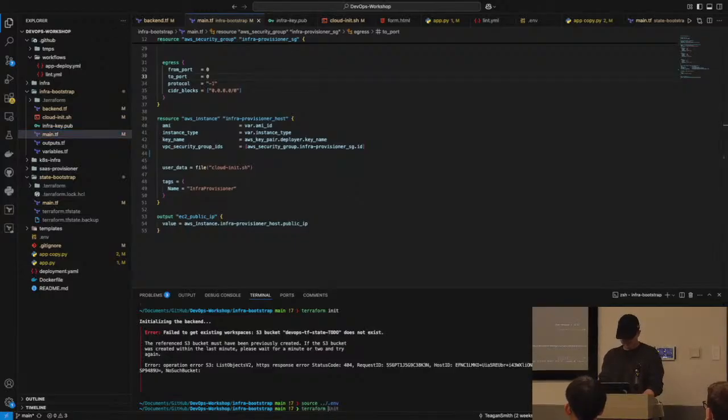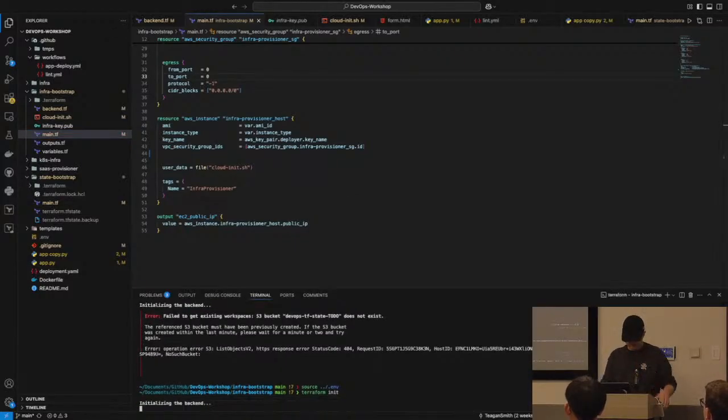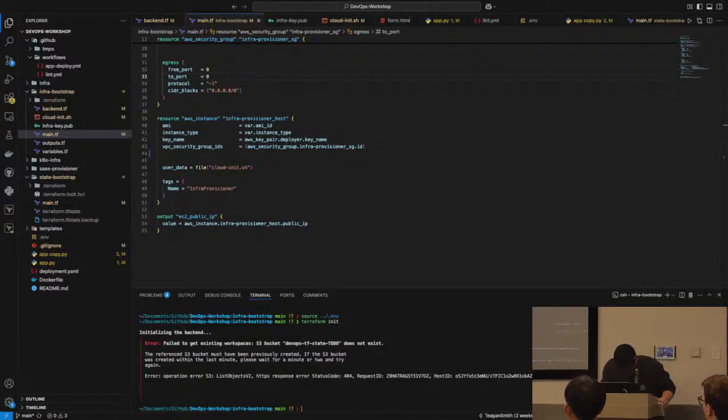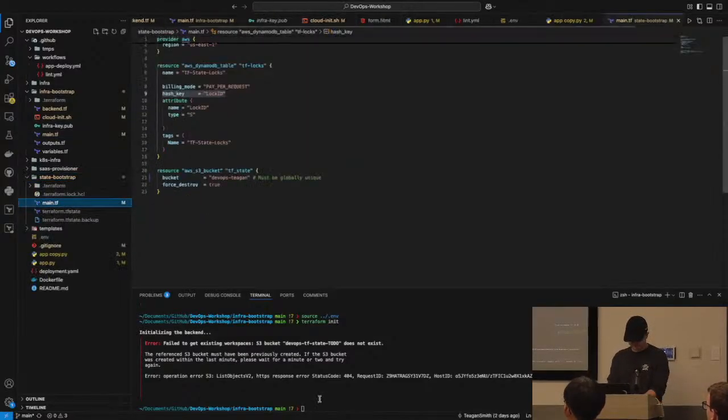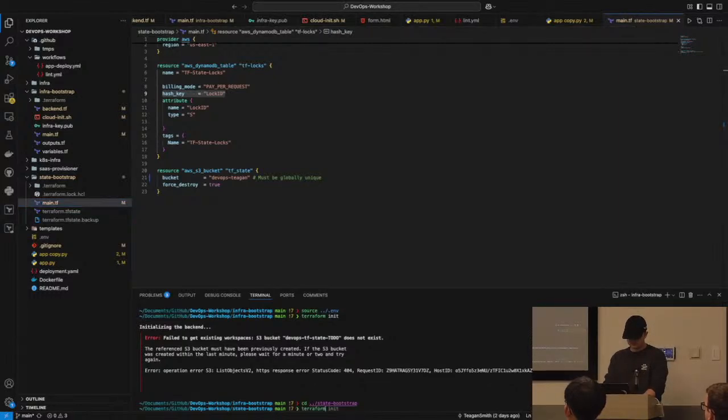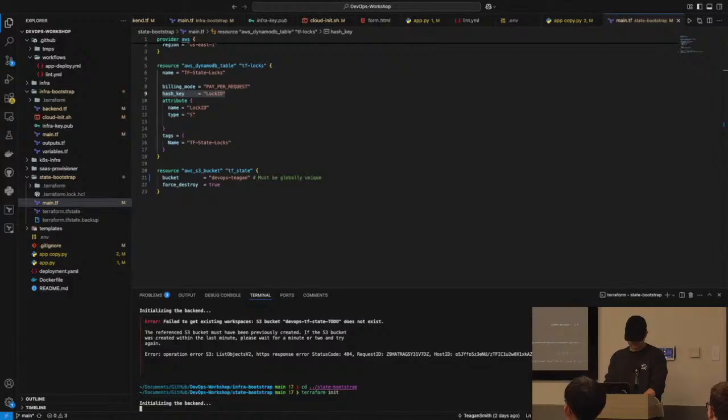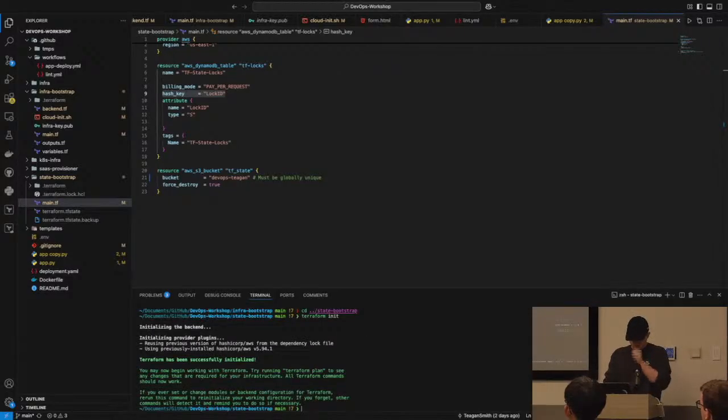Terraform init. We have to start this up. Oh yeah, I have to rerun this. So now we're starting back from where we were. We have to provision our state infrastructure for this.